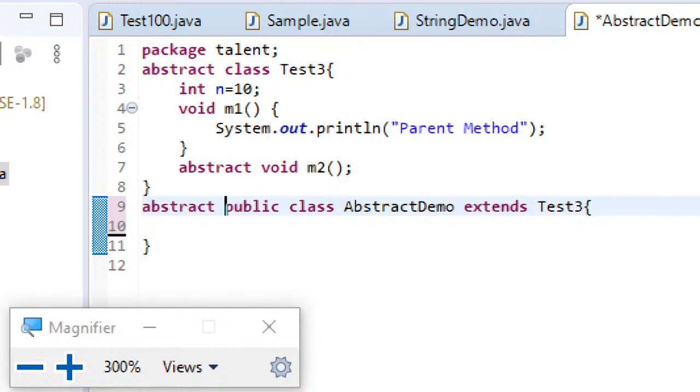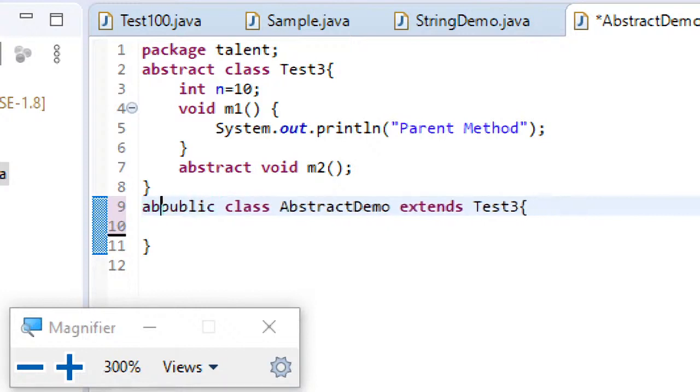If the child wishes to leave at least one abstract method of the parent without providing an implementation, then the child should declare itself as abstract. Now you can see the red cross mark vanished when I have declared the child also abstract.